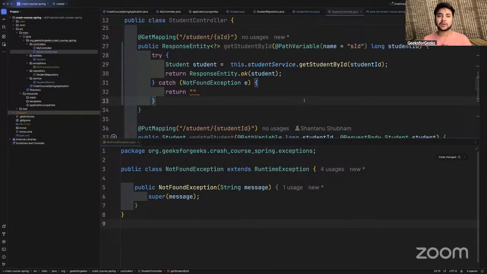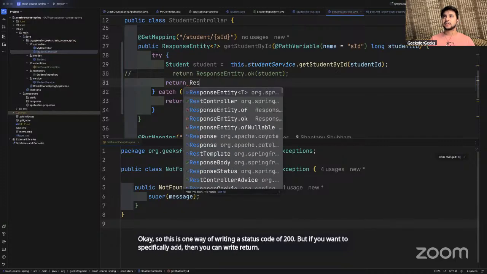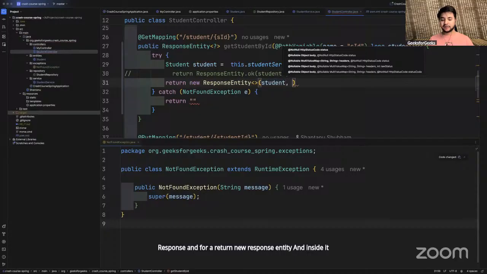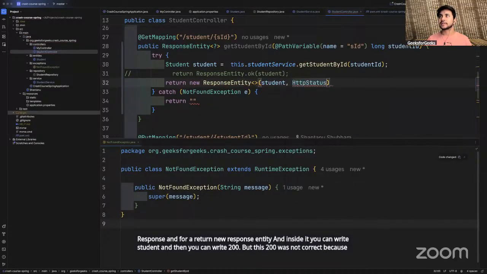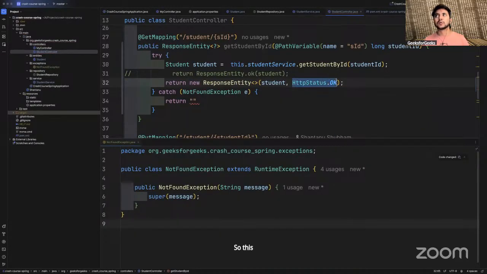What if we want to add a specific status code like 201 or 403? I will show you how to do that also. Give me 5 minutes. This is one way of writing a status code of 200. But if you want to specify it, you can return new ResponseEntity, and inside it write student and then the status. I have to write HttpStatus.OK, which will internally resolve to 200.